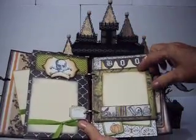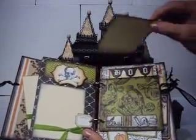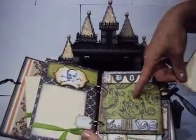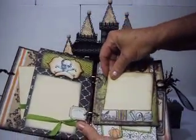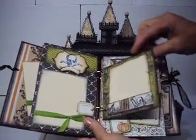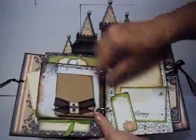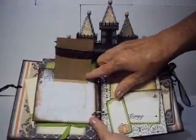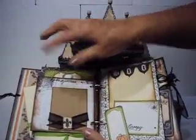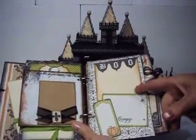And then this one is actually a removable one for photos, and you can put a photo here too. And there's that strip of paper that I just love there. And then I turned this into a flip page, so you can put a picture here and maybe even a picture there, definitely one here. And then there's this page,